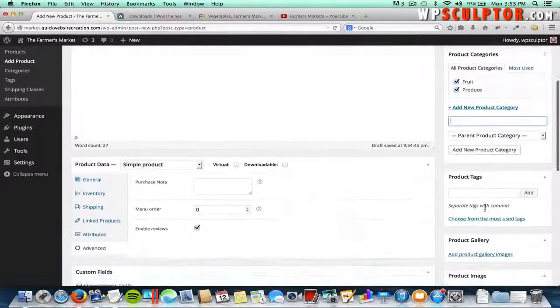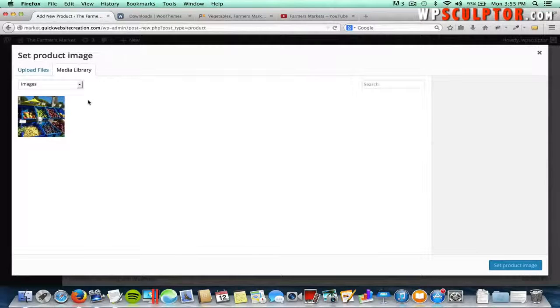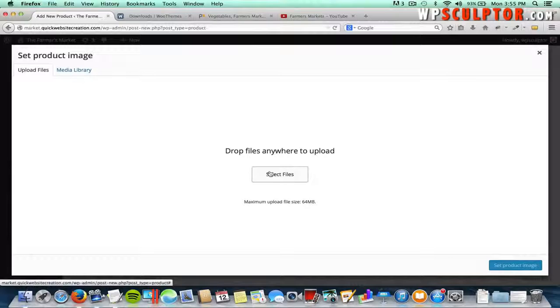And let's scroll down, and you want to add a featured image for every product that you create. This is going to be the main image associated with that product. So click on set product image. And I've got all of my product images on my hard drive right now, so I'm going to upload the file. Click on select files,